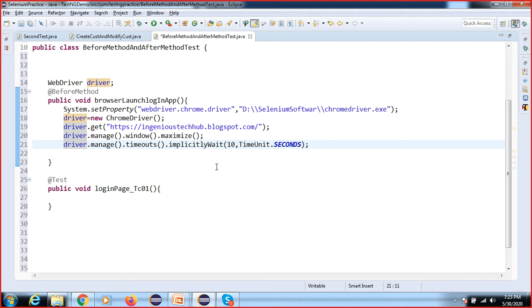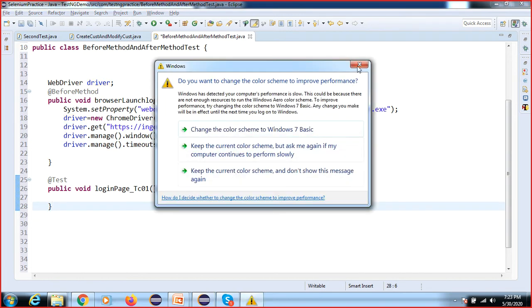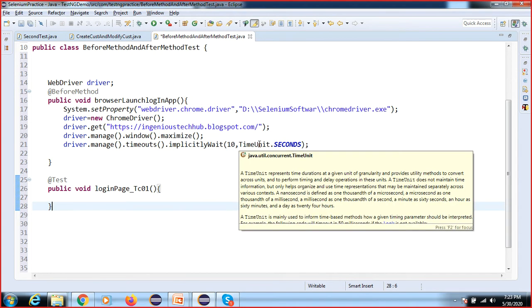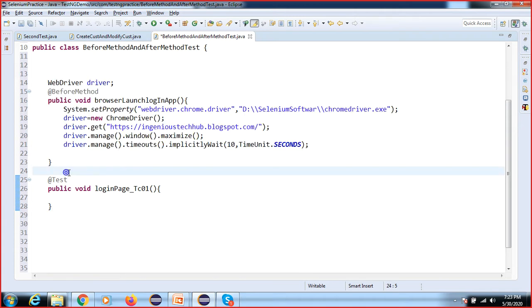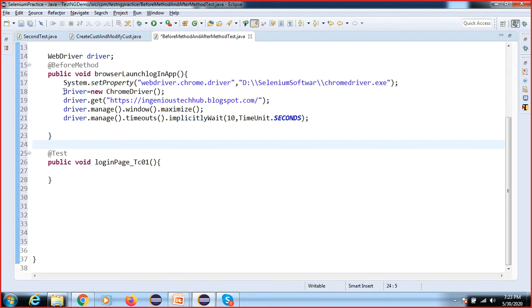We will not write anything here. We are writing driver dot find element, so we can create a separate class for keeping all your locators in one place. So everything we will make systematic. But if you know the basics, these are the steps to learn. If you don't know the basics, then you will be stuck. If you know the basics and have any real-time project, you are able to understand. So this is my agenda, right? Step by step we will explore things.